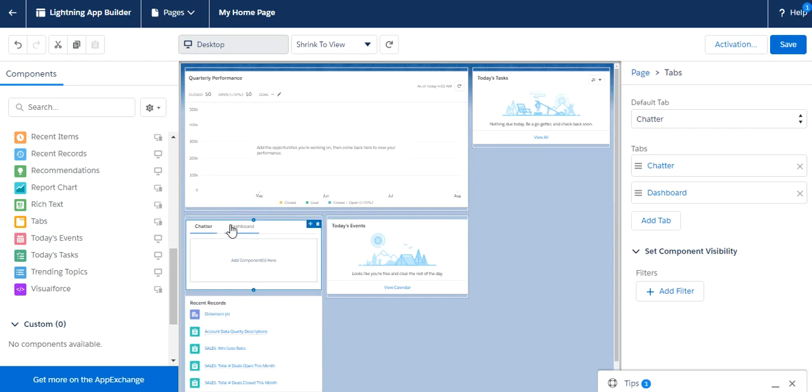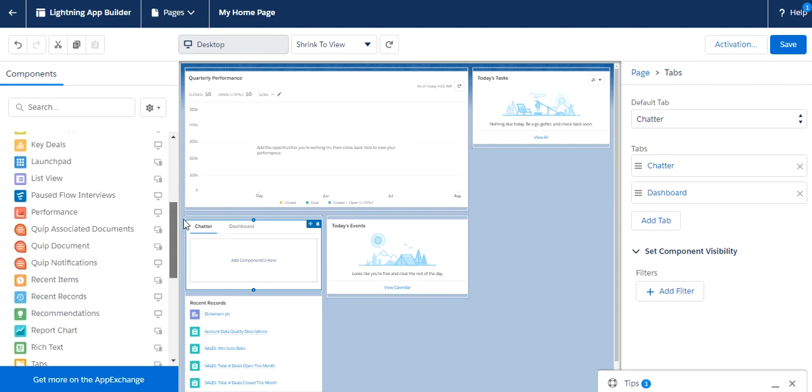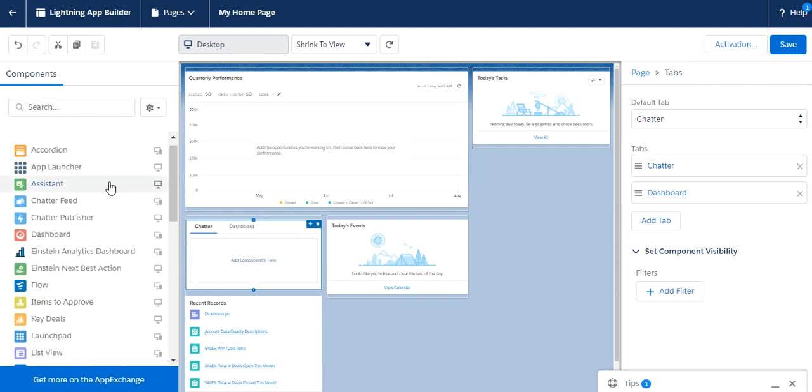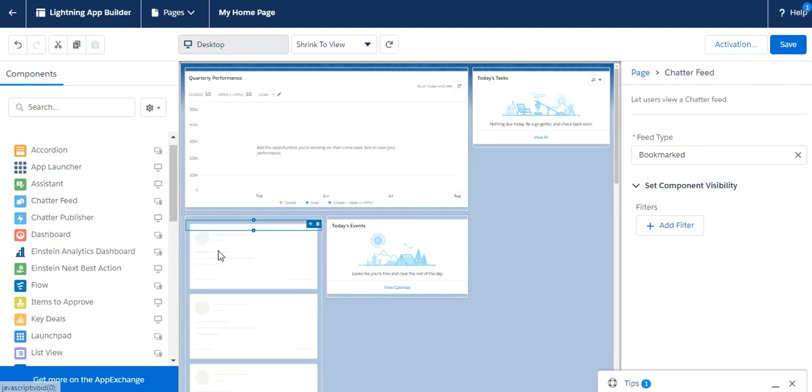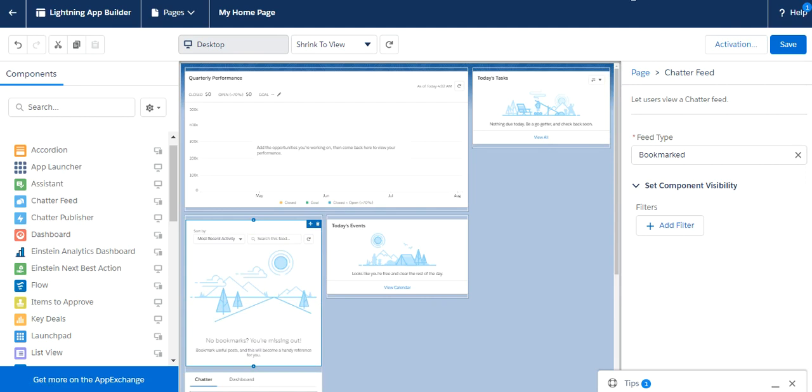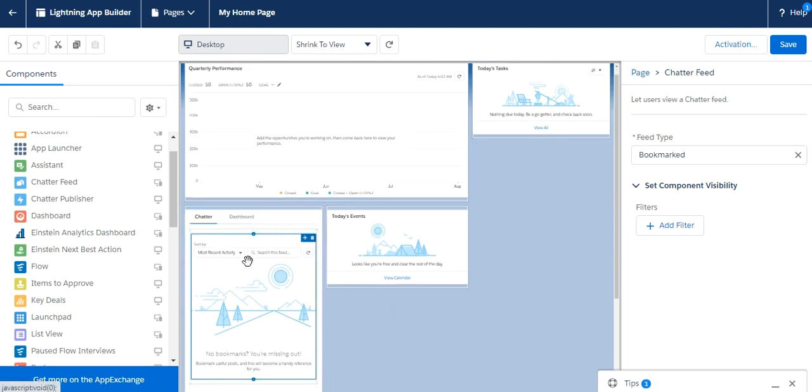Here is the chatter, here is the dashboard, so you can add chatter and dashboard. Let's add the chatter. We added the chatter.